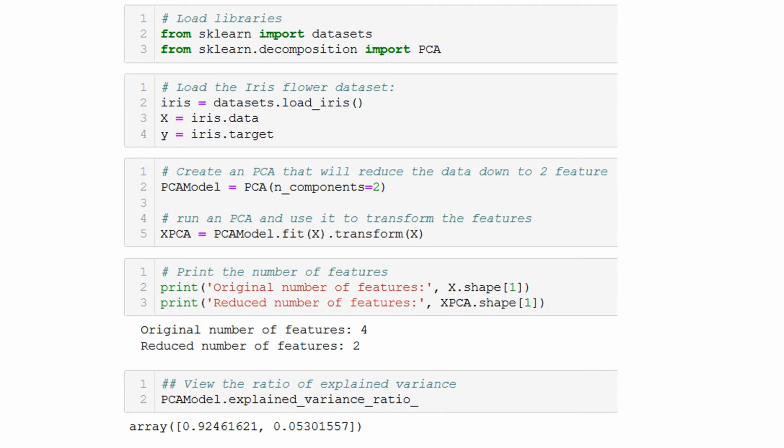We may see an example of how to use scikit-learn in order to apply the PCA. The first step is quite easy. It is just to create an object, PCA, and then we have to use the fit and transform